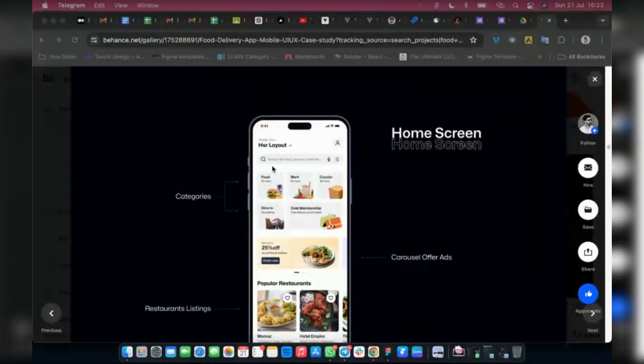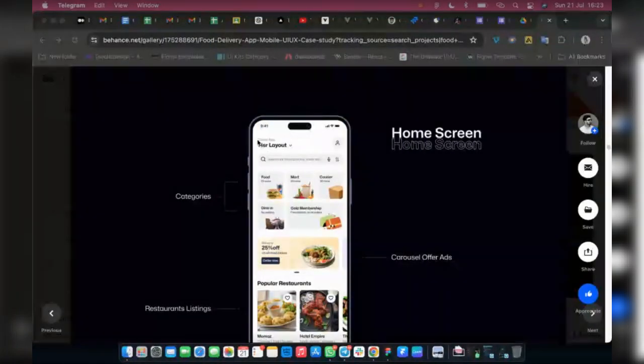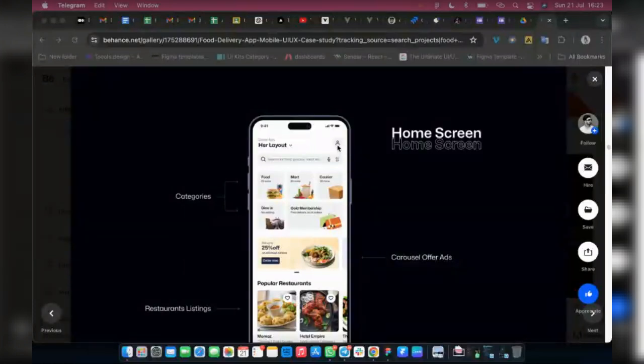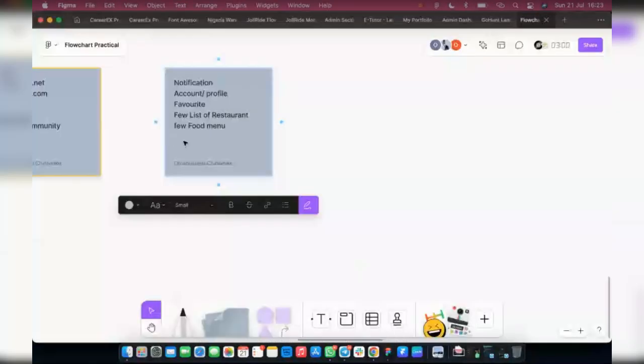So now this is the home page. We already have this information here. When the user clicks on this icon, it's going to take them to the account screen. So I think we are going to have a search bar. I'm going to come back here and put a search bar so that when they come to the home page and click on it to type information, it takes them